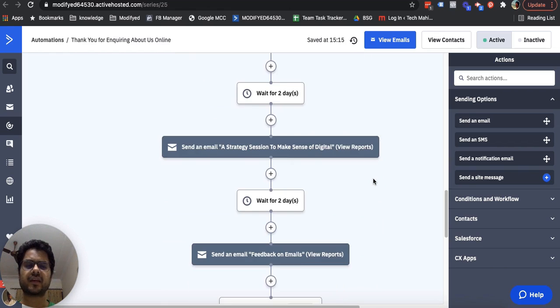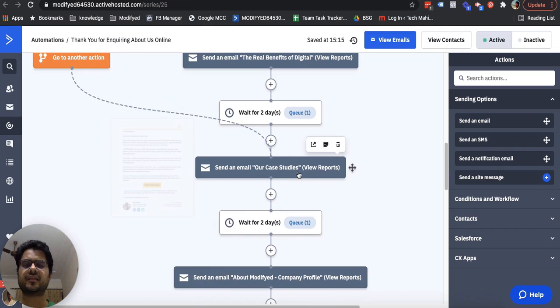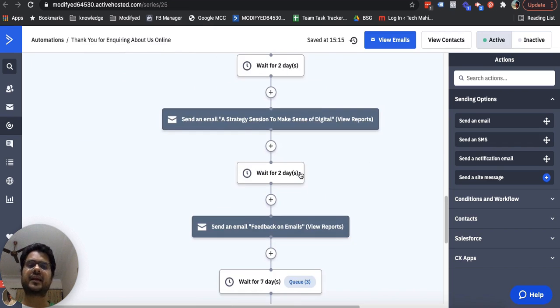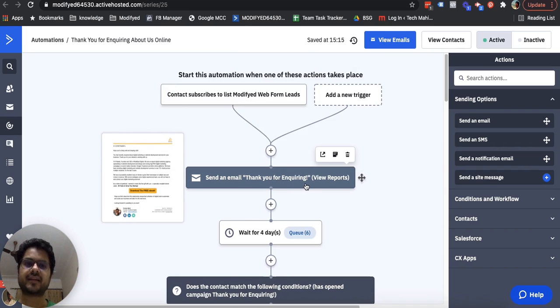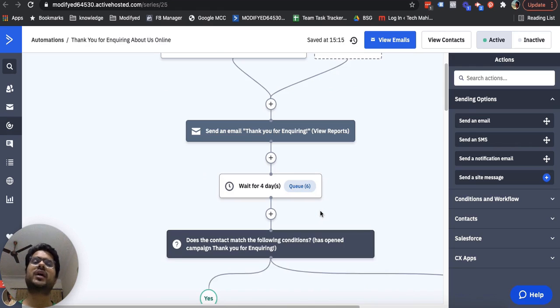So if you see, there are contacts at each and every stage of this automation, and this is how we are engaging with our inquiries at the back end and really ensuring that no lead is left uncontacted. Number one, all leads are nurtured through a very specific marketing funnel, and chances of sales conversion are maximized.